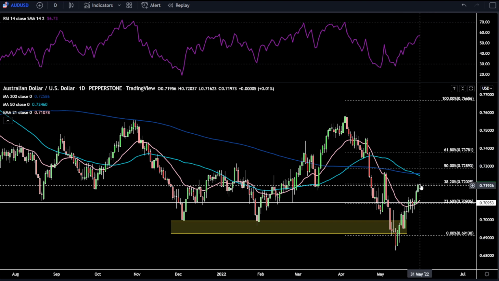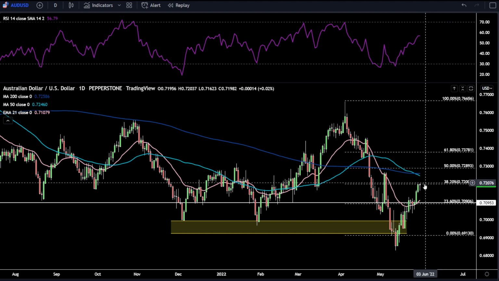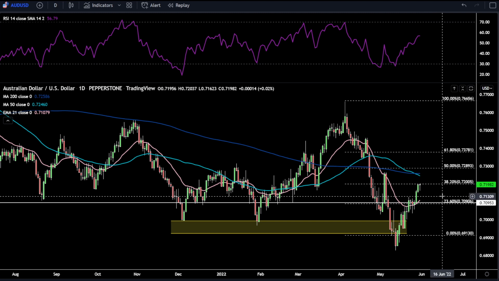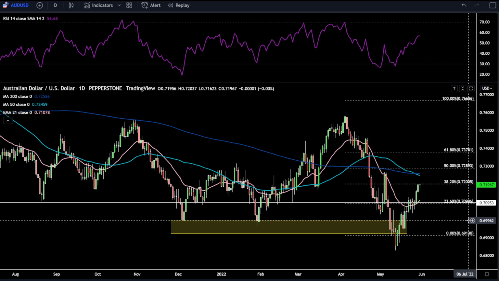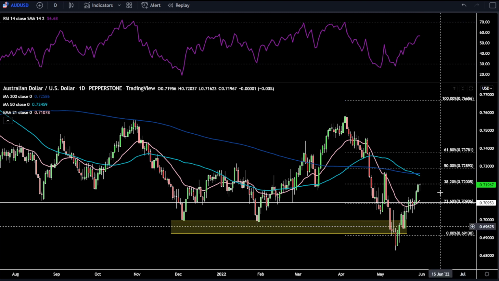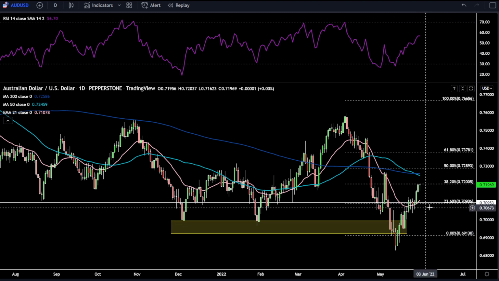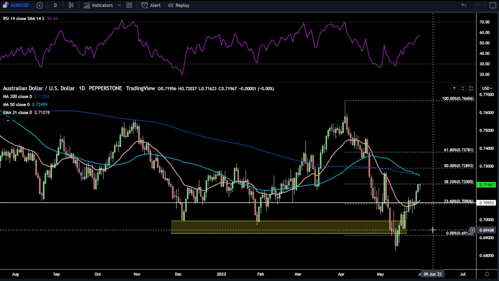Aussie dollar, it's had a tremendous run of late. But it is seeming to run out a bit of steam at the moment, not finding as many buyers, with risk sentiment taking a bit of a hit. Above this 38.2 Fibonacci level, we've obviously got the 50-day and 200-day simple moving average at 0.725. The RSI still has a bit more room to run. But if any pullbacks, I think this is a really key level of support here, 0.709, 0.71.